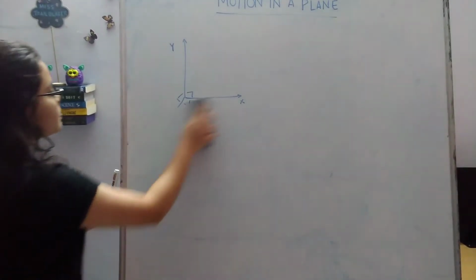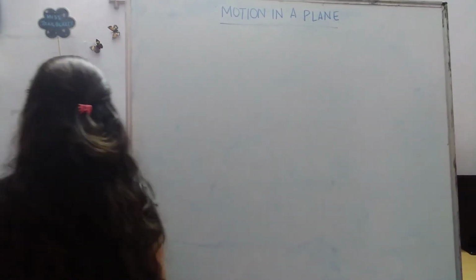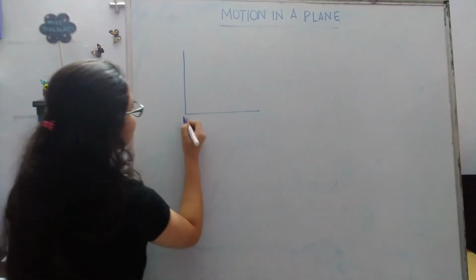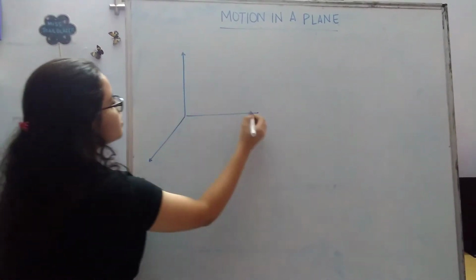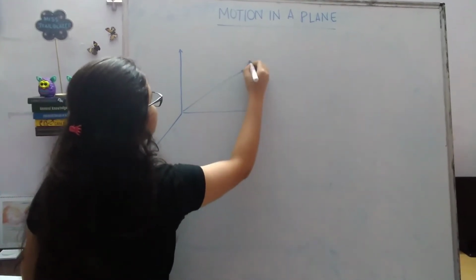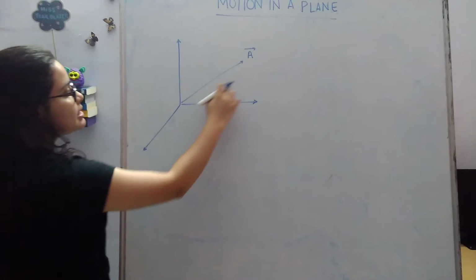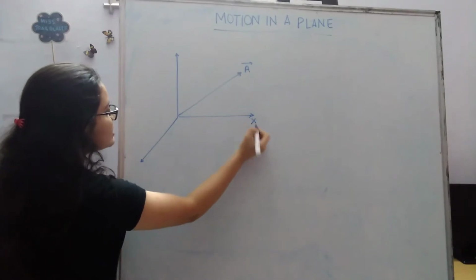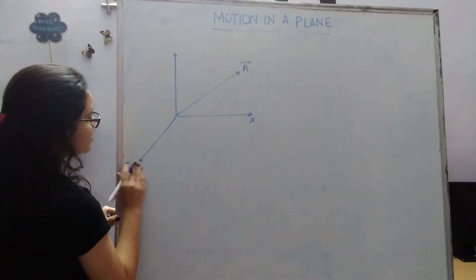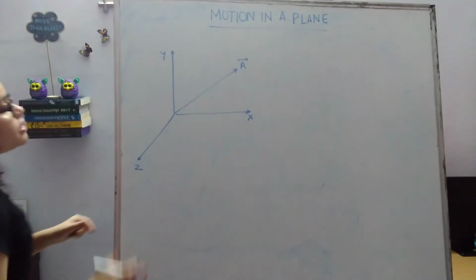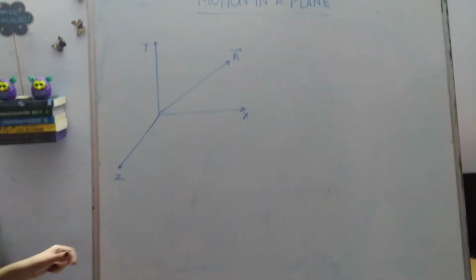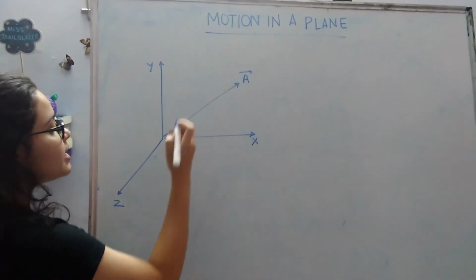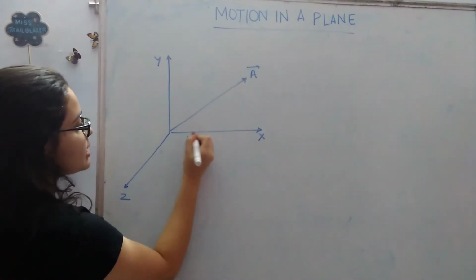Now let me tell you about some important terms, and let us start with a vector. How will I describe a vector in a plane? Let us say this is a vector. Okay, this line is my a vector. This is the x-axis, z-axis, and this is the y-axis. Now pay attention here, because this is a very important concept. So now this component, the x component of a vector, is known as ax.